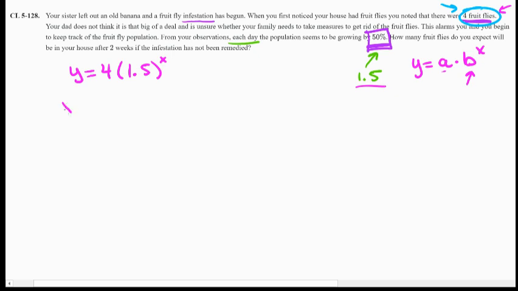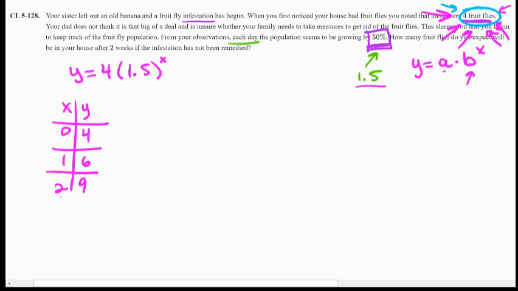Because what that means is if we talk about x being days and y being number of fruit flies, day 0, like the day that we start at, if we plug that in, 1.5 to the power of 0 is just 1. 1 times 4 is 4, which makes sense because day 0, again, 4 fruit flies. Then after a day, we'd multiply that by 1.5. After another day, we'd multiply that new number by 1.5